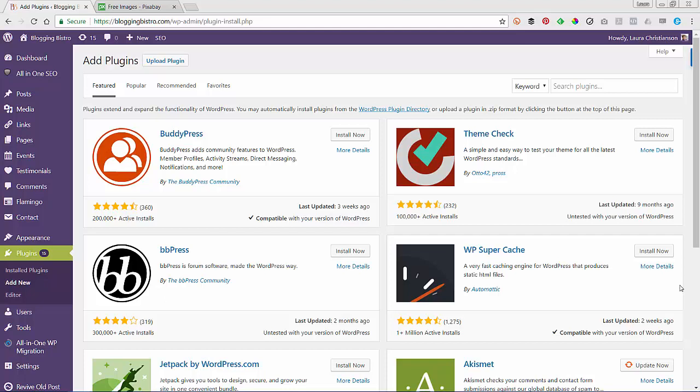Now, this is for self-hosted WordPress.org sites. If you have a WordPress.com blog, you're not going to be able to install the plugin more than likely. This is for self-hosted websites. So I am logged into the Blogging Bistro dashboard, as you can see, and I'm in the plugins area. I'm hovering my mouse over it here on the left. You'll see it highlighted in green, and I've clicked the Add New button, which takes me to this plugin directory